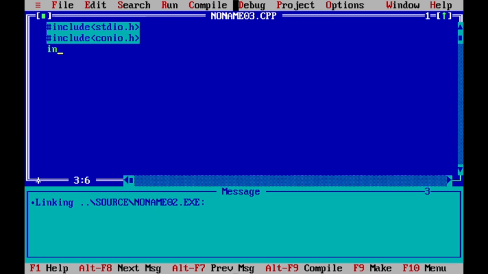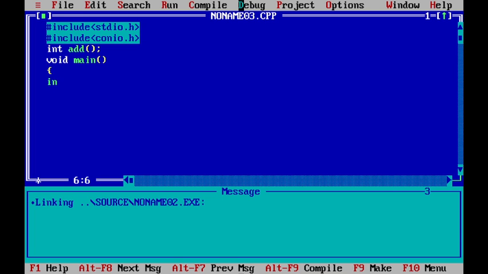So int add, with no argument. So void main, then define it with no argument.